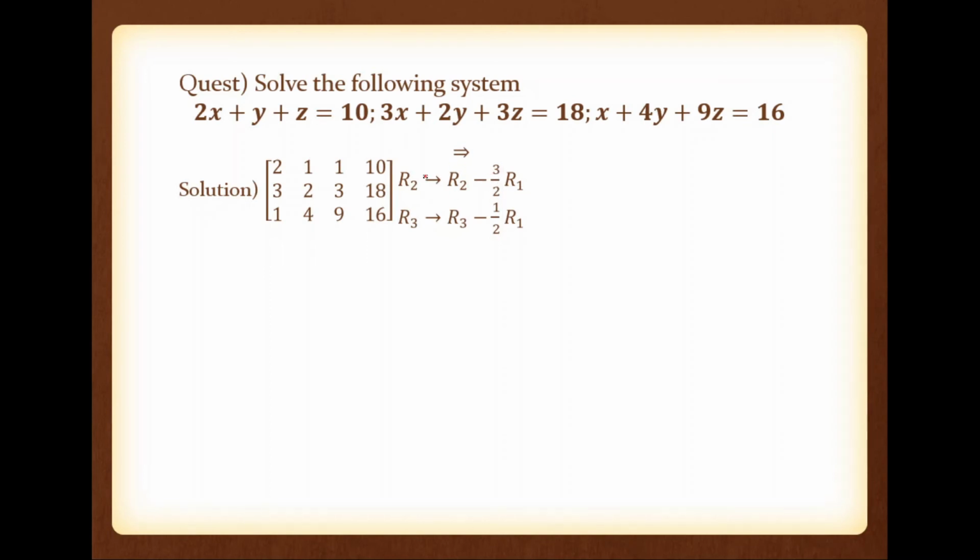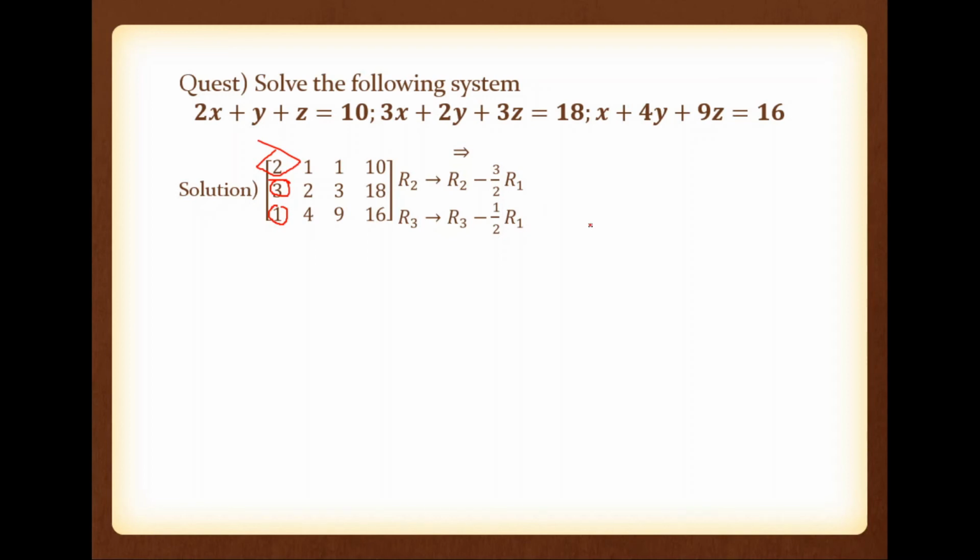How did we get this equation? We are removing 3, which is lying in the second row. So that is R2, equal to the same R2 minus the element that we are going to remove, that is 3, divided by the corresponding pivot. I told you this one is the pivot. So in order to remove 3 and 1, the pivot is 2. So the denominator is 2, into the corresponding row of the pivot. The pivot is lying in the first row, so into R1. Similarly, what about R3? In order to remove 1 from R3, R3 is equal to R3 minus the element that we want to remove, that is 1, divided by the pivot, that is 2, into R1. Okay.